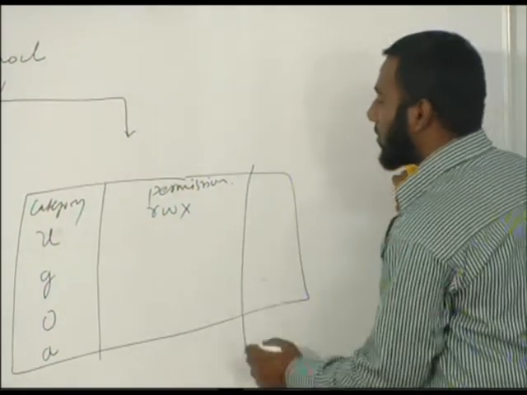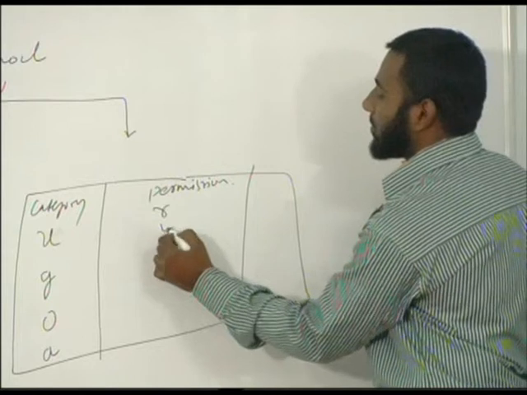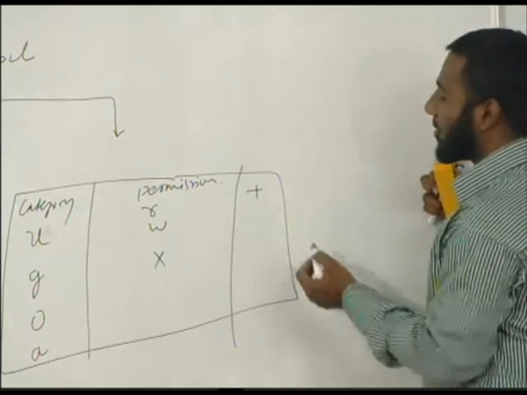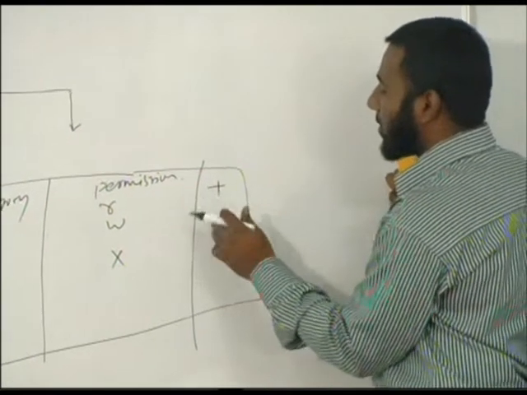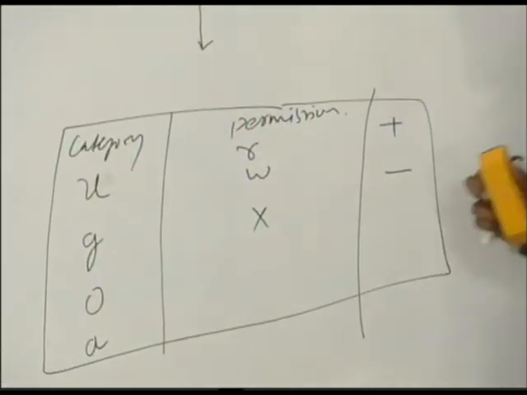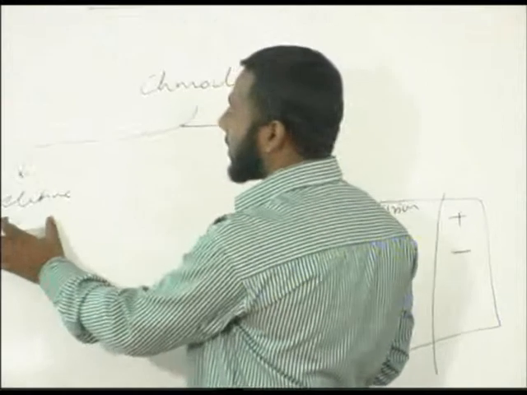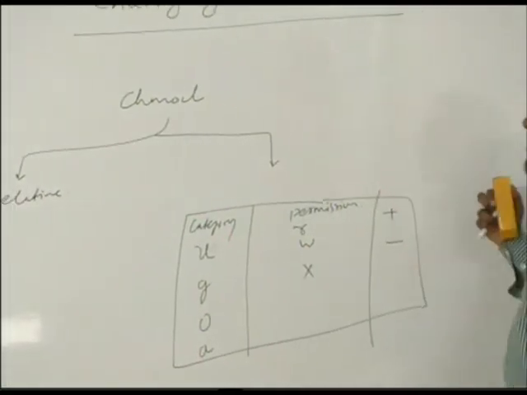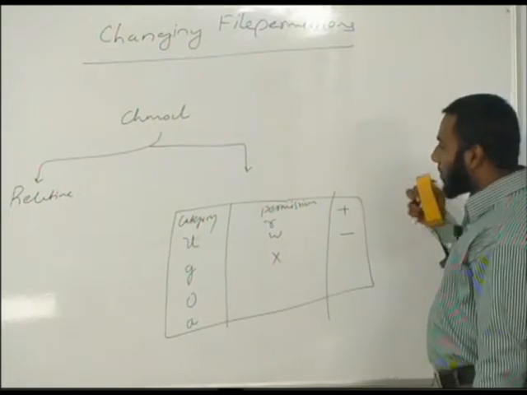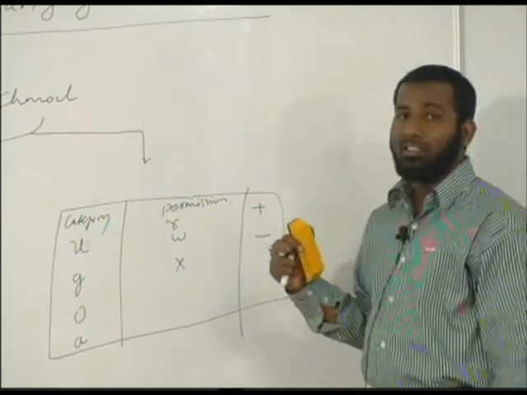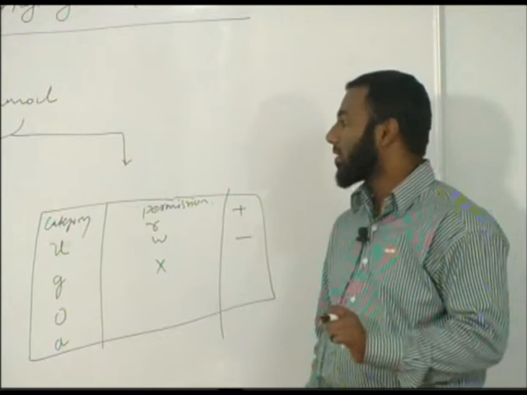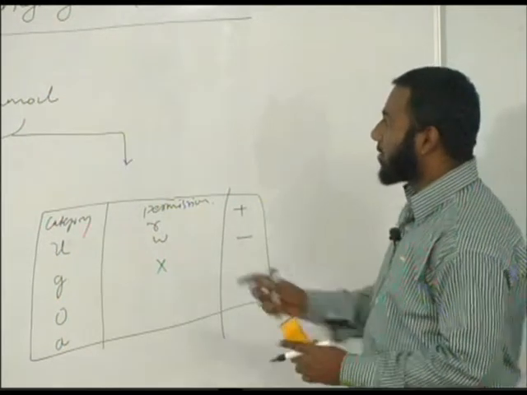Now if you want to give read permission, then we'll use this symbol. It is for assignment, for giving this permission, and minus is used for removing that permission. The problem with the chmod command when assigning file permissions relatively is that we need to know the existing permissions on a file. Seeing that, we decide whether to add an extra permission to a file or remove a permission from a file. That is a problem with this command.